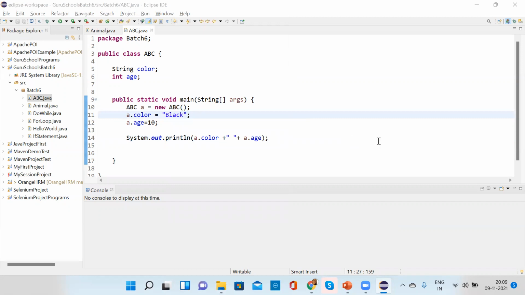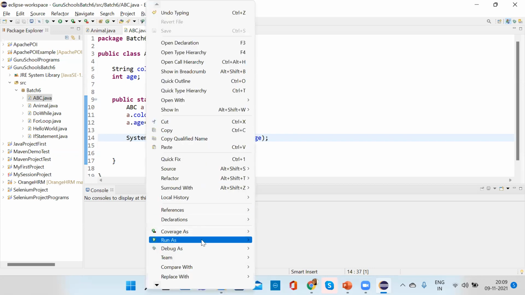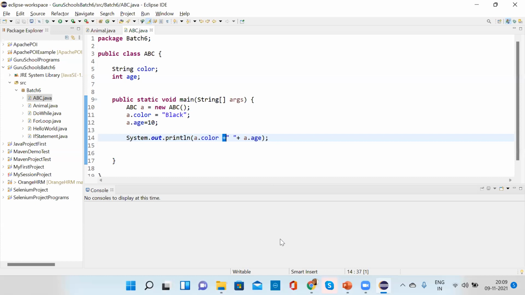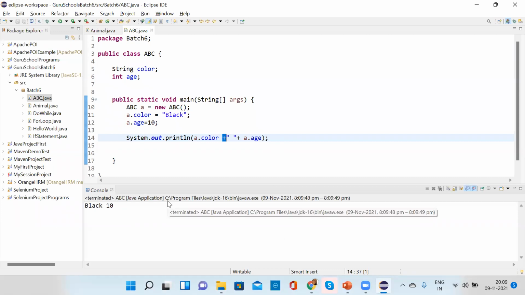The plus sign that you have given is to print this black, right? And then the double quotation that you have given is for the space. The plus sign is for concatenation. Got it. So what will it print? It will print Black space 10. Correct.